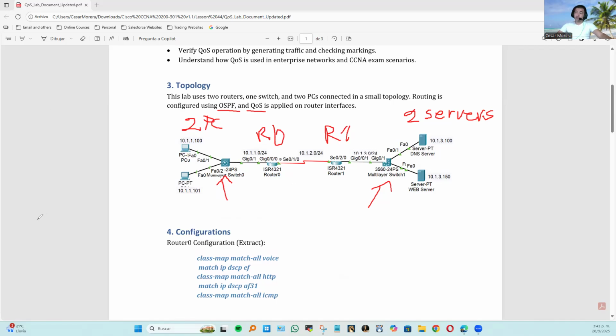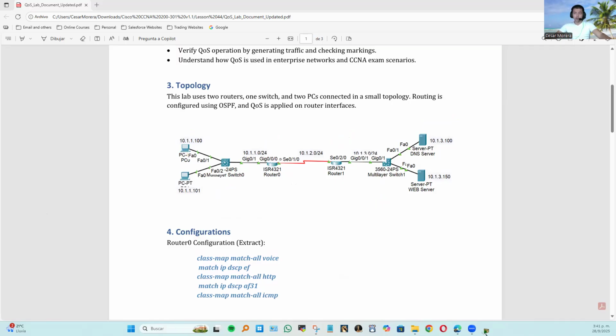So let's start with the configuration. Let me erase the board and let's go ahead and open the Packet Tracer Lab. We're going to work with the initial Packet Tracer first, and then you will have both: the initial Packet Tracer and the completed scenario. It's pretty much the same lab, but we are going to start adding all the quality of service configuration to both routers, R0 and R1. And that's pretty much what we are going to do. Later on, we're going to do some show commands and simulations